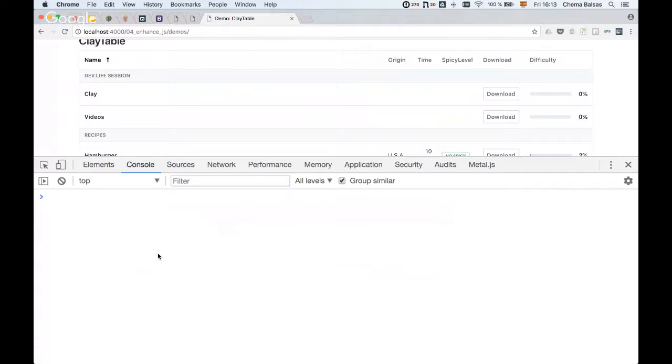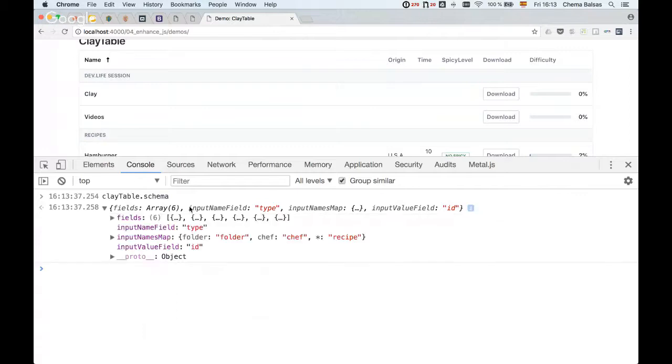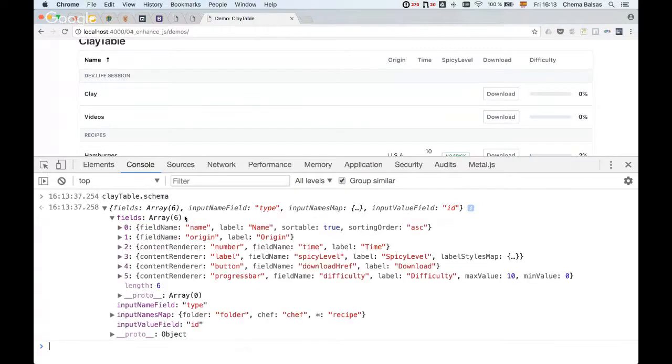And just to finish with this one, as I was saying at the beginning, imagine more complex operations like dragging and dropping or reordering columns. So that's usually a very complicated thing to do, right? But now, because our component is modeled, we have the option of doing that just on a code level, on a model level, right? So what this means is that we have a list of fields, and then what we want to do is make the origin column show after the time one, right? So a very naive way to do that would be to say that